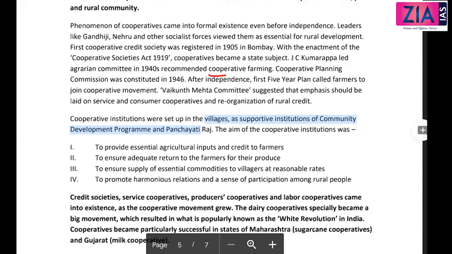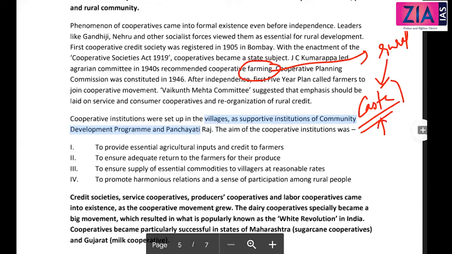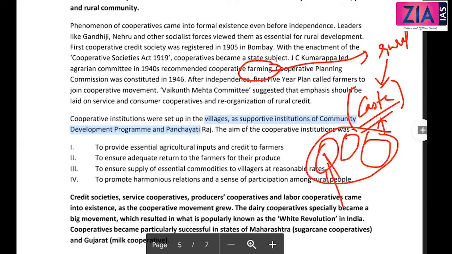Okay, cooperative farming, I have told you what that is and what the issues are with respect to cooperative farming in India. Mainly, when I say farming, this is obviously in rural areas. So when it comes to rural areas, which institution is playing the majority or dominant role? Caste, this institution, right? So when caste is there, do you think cooperative farming will work? No. Land is anyway scattered and in the names of different people. Nobody wants to be with the Dalits.